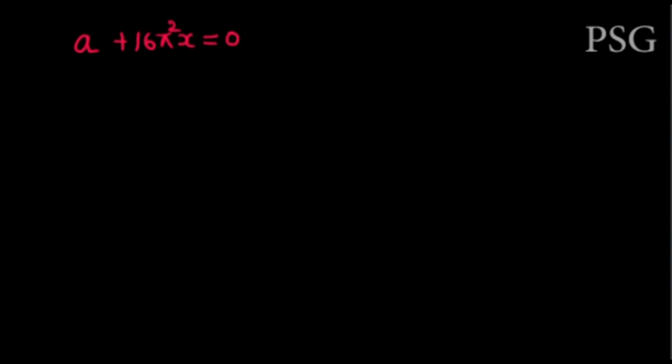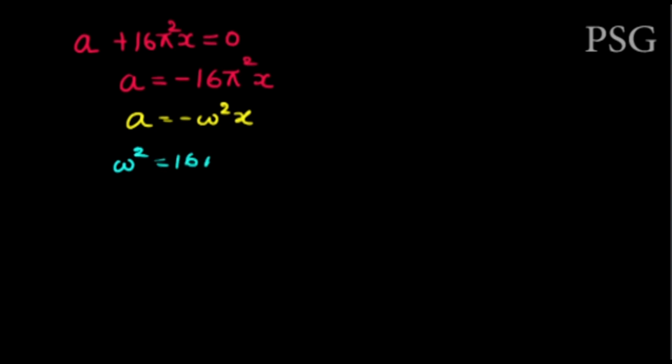This equation can be rewritten as a is equal to minus 16 pi squared into x, and the standard equation that we know is a is equal to minus omega squared x. Therefore, by comparing the two, what I can conclude is omega squared is equal to 16 pi squared, or omega